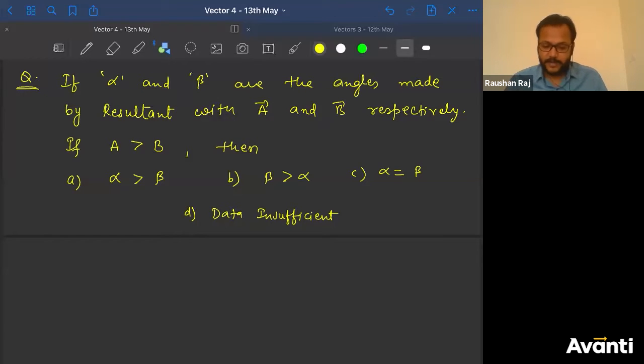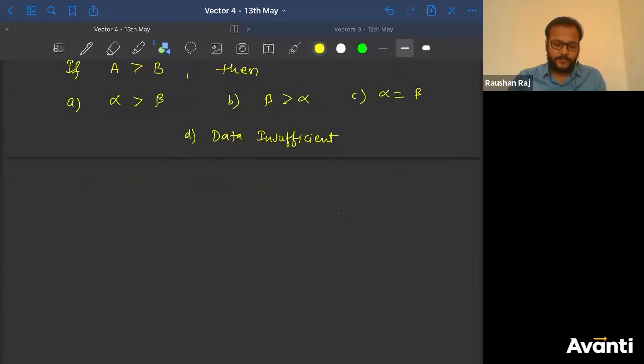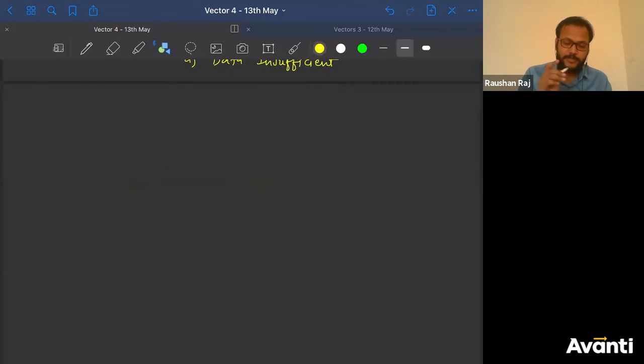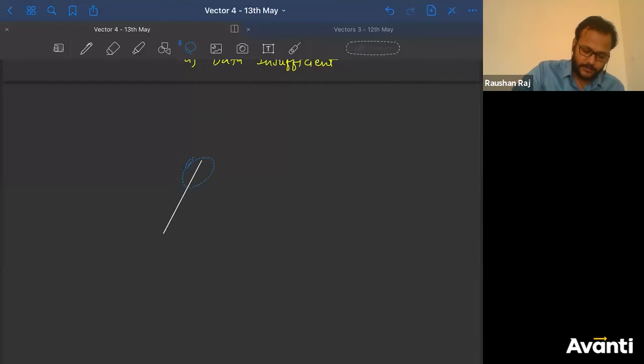We have already studied parallelogram, right? In the parallelogram rule of addition, what do we do? We draw a parallelogram using two vectors, and the diagonal will be the resultant vector, right? So let me draw a parallelogram. Let me consider two vectors A and B. Let's say this is vector A and this is vector B. ऐसा मैंने बनाया.